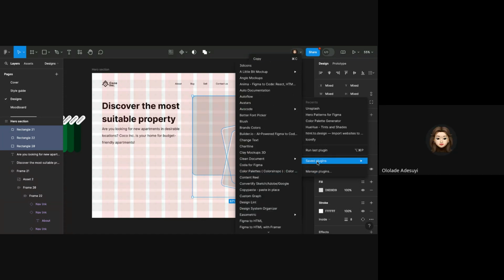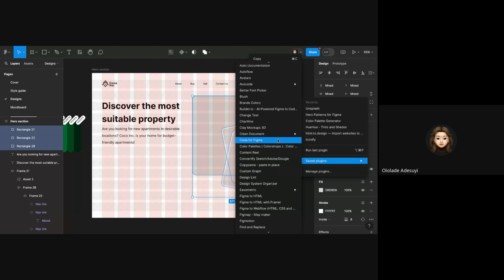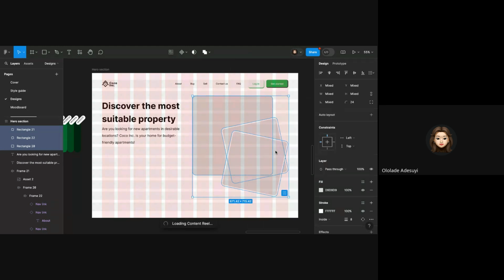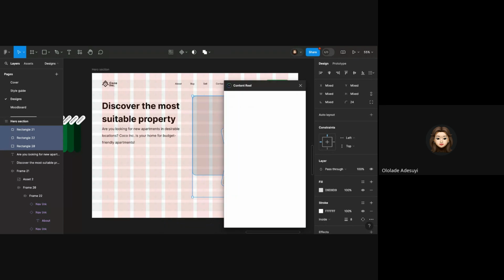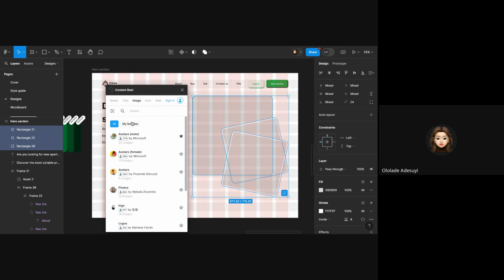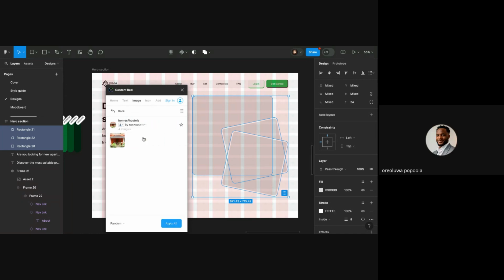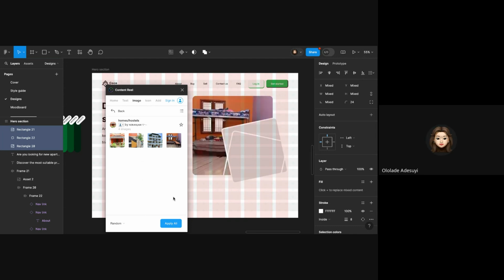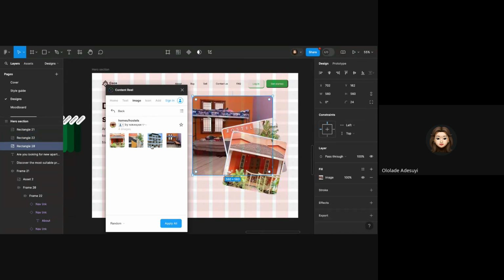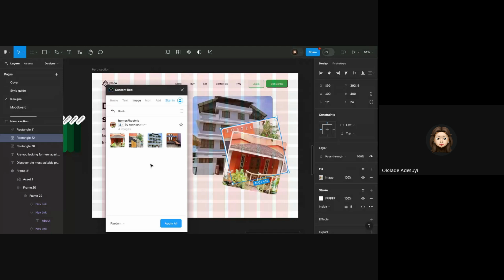All right. So I am changing the plugin to Content Reel. Unsplash did not give me what I wanted. So let's do Content Reel and change the search for home. Okay, so we can do this. I don't like this one. Let's change it to this one. Let's change this one to